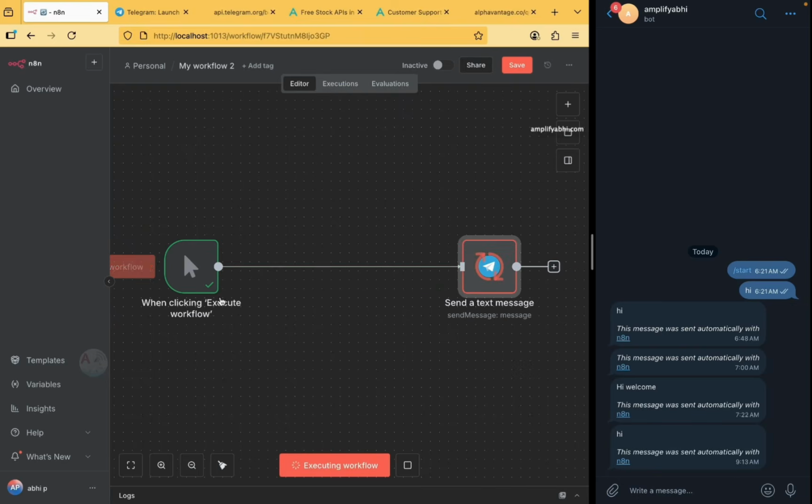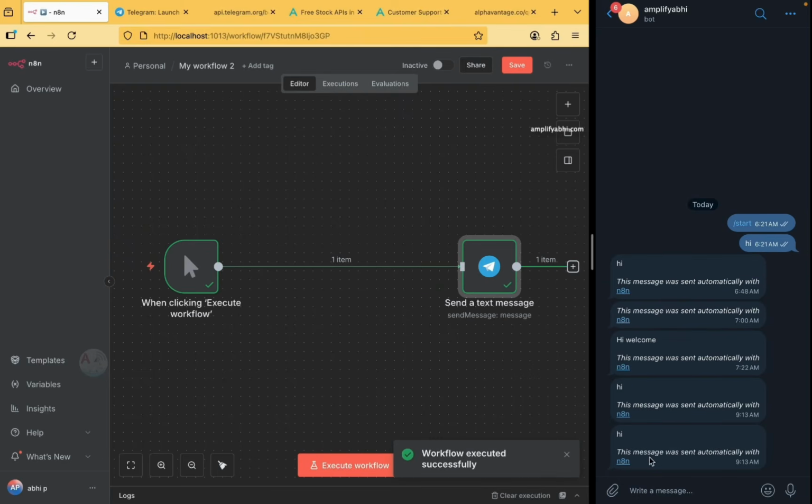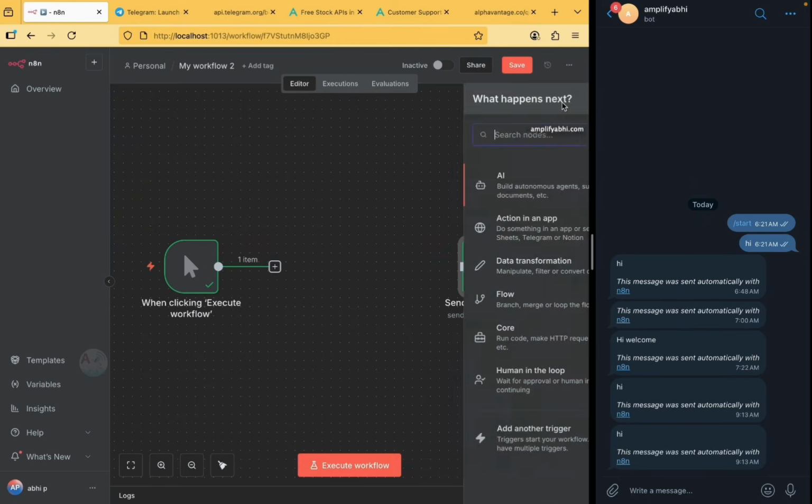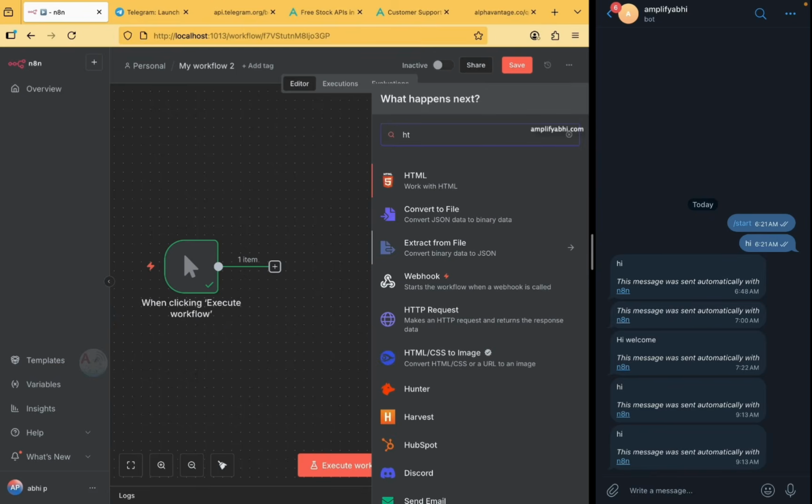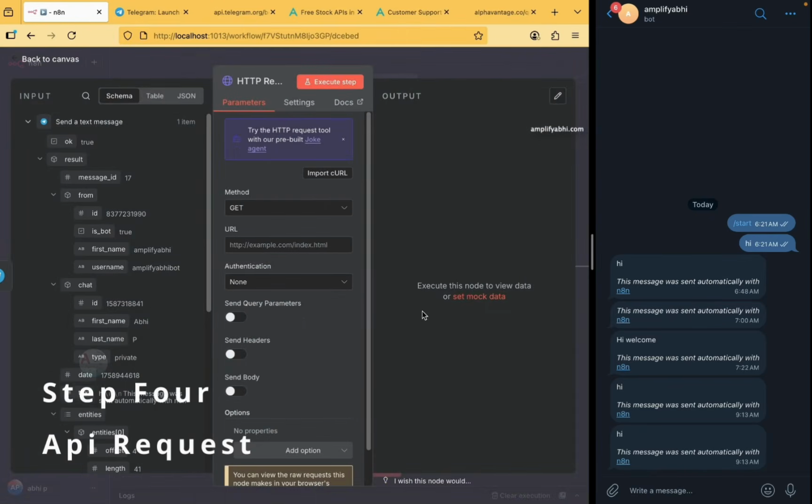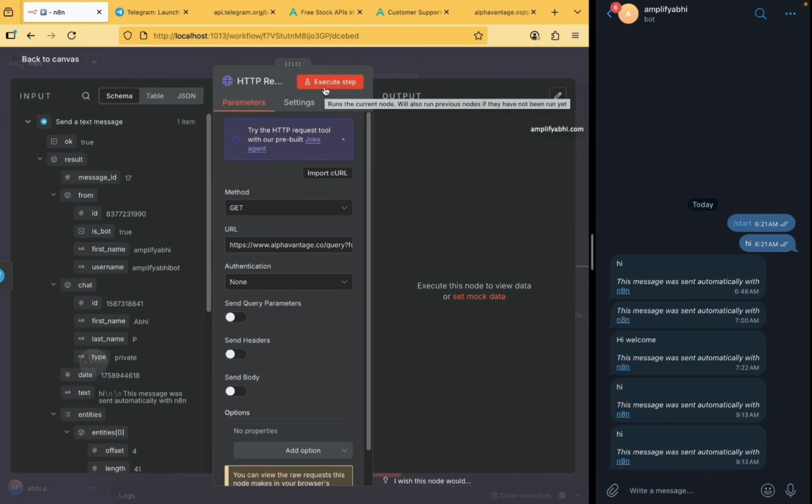Once you execute the workflow, you will be getting the hi message here. But this is not what we wanted. We need to have one more step here. So I am removing the link here. And the next step is I'm going to add HTTP request here. And in this particular HTTP request, make sure you provide your API call URL. And I have provided the Alpha Vantage URL with the API key,